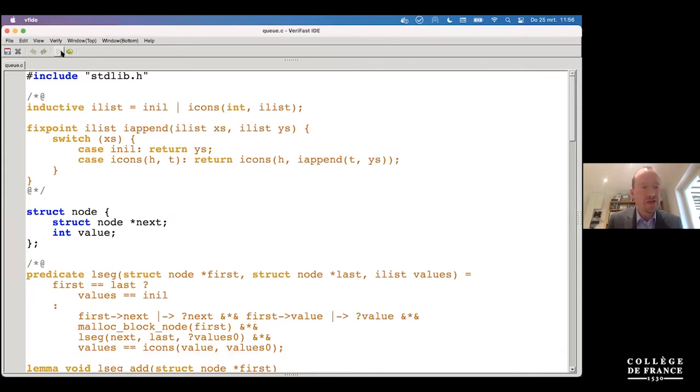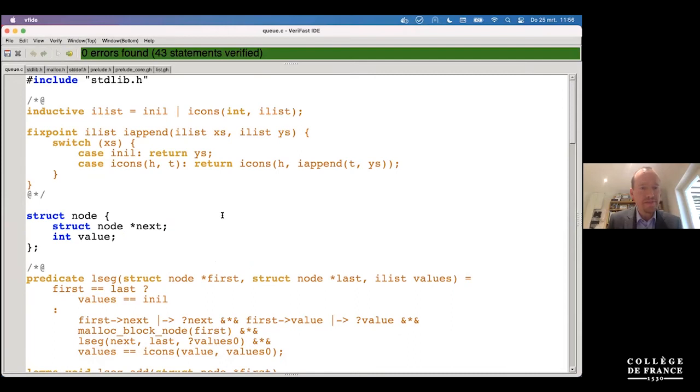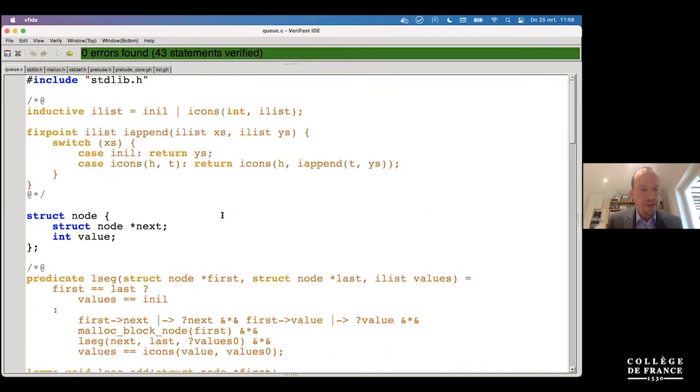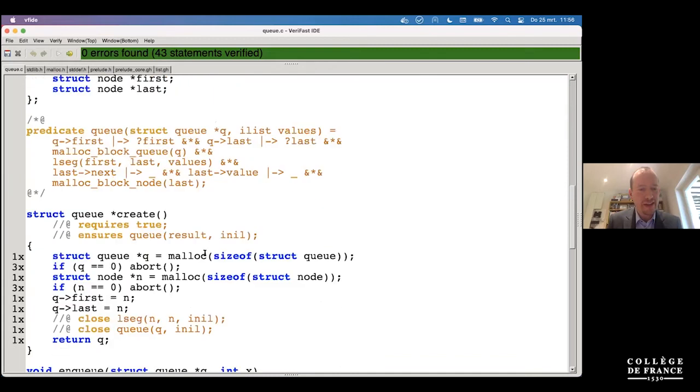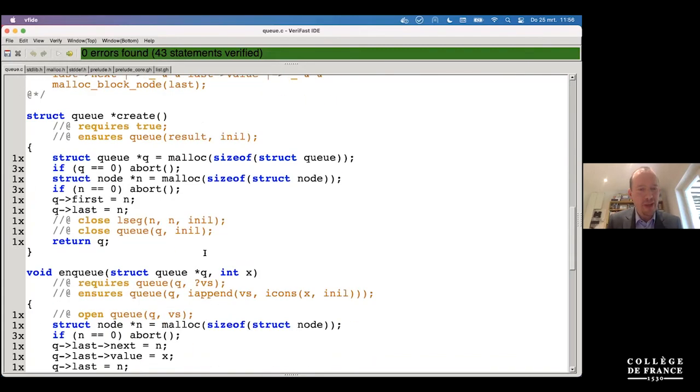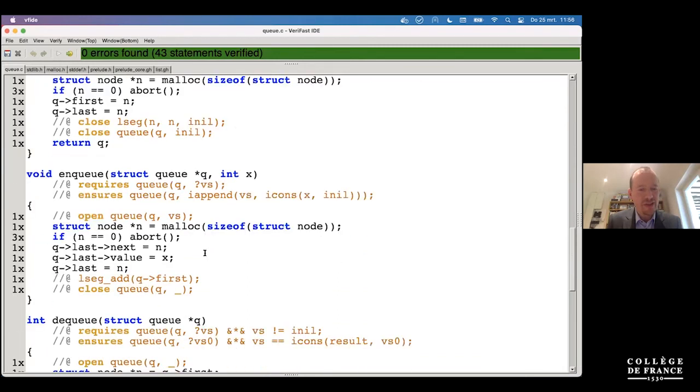So this already goes through if I just press play. But let's first look at the C code. And whenever you're doing a VeriFast proof, quickly it becomes very useful to ignore the orange parts first and just look at the pieces of black and blue that are in between to first understand what's going on in